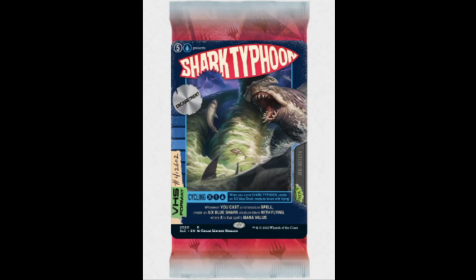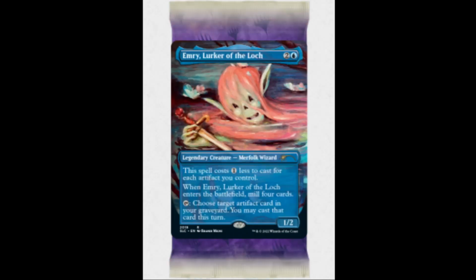All right, next we go 4 years back. Emry, Lurker of the Loch reprint. So 2 blue and 2, 1/2. Obviously, your spells cost 1 less to cast for each artifact you control, or this spell does. Enters the battlefield, you mill 4 cards, choose an artifact in the graveyard. So all you guys know is you put Baubles in play with this thing to draw free cards every turn, yada yada yada. Cast it for 1 blue. Big hitter in Modern. It was very powerful. However, this is